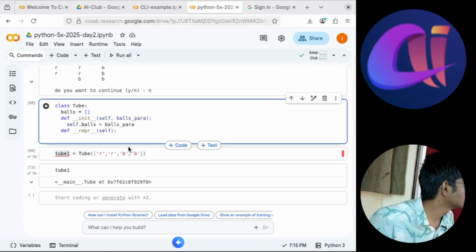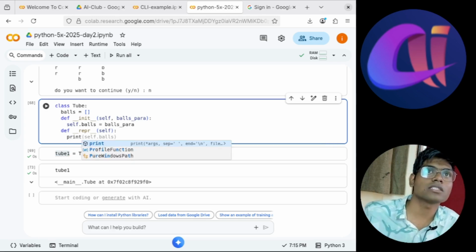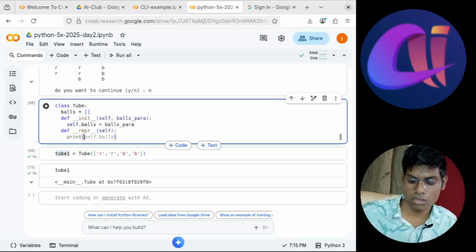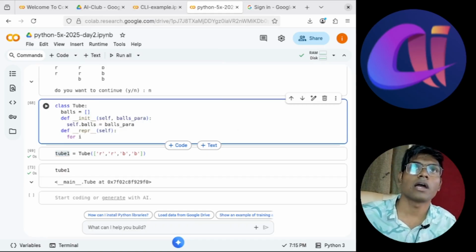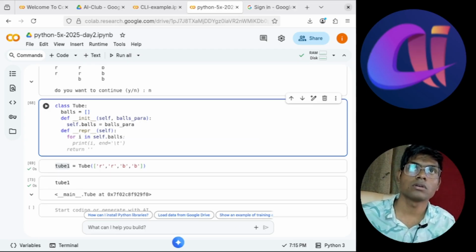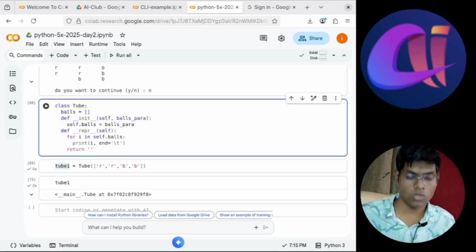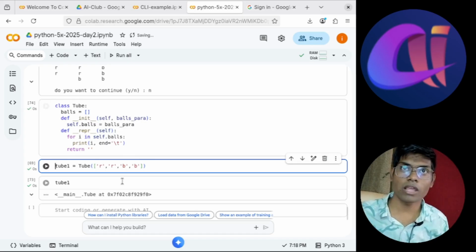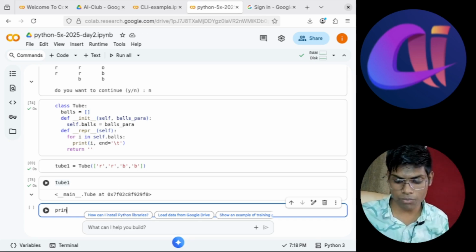Where will we use this? Let's say in representation I can put print, or let's say I can say for i in self.balls, I am printing i. Now when I say tube1, it will show this, and when I print tube1,